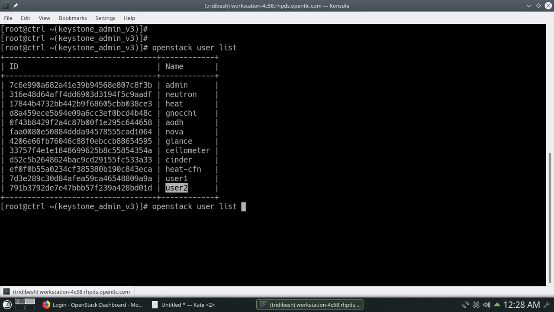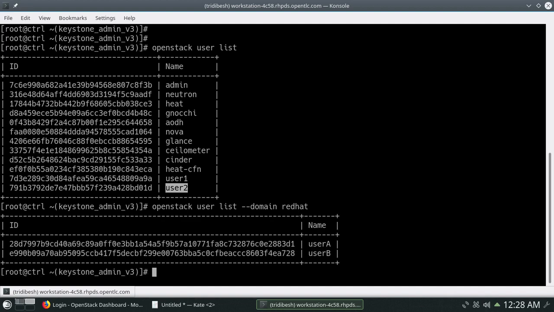Now what we will do is check for the domain Red Hat, just to verify whether we are able to communicate with our LDAP server or not. You can see it is able to communicate with the domain Red Hat, and it's listing the two users, user A and user B. That means whatever configuration we have made is working properly and is successfully fetching the user list from the domain.